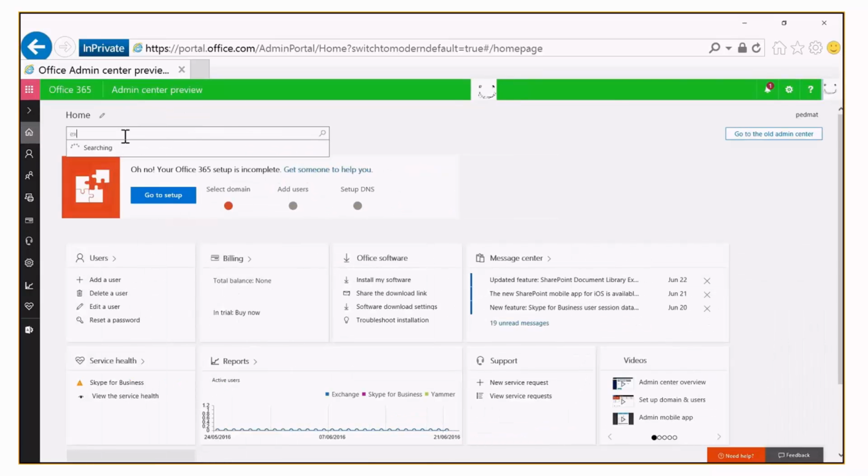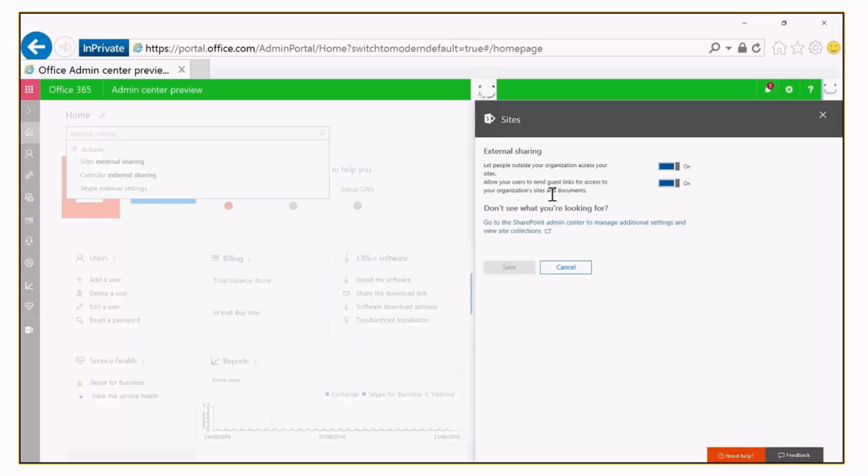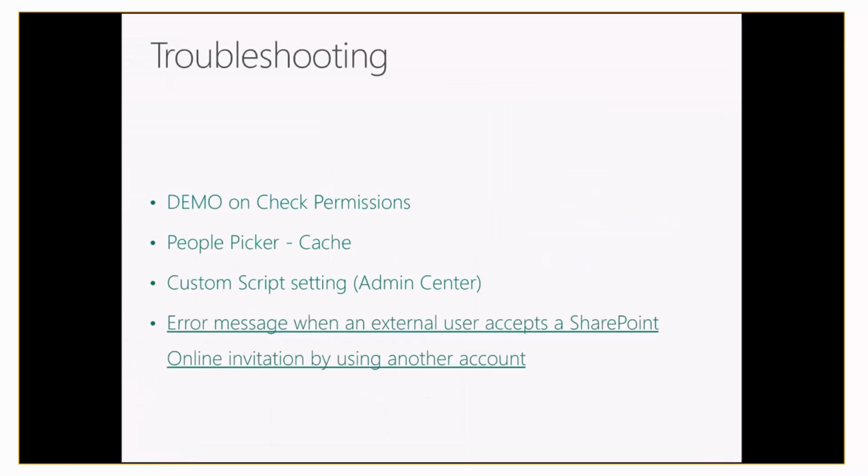But what I did was external sharing, and here on the new one you can check and change. Of course, in the old one you have the menu, and it's much easier to access it. Okay, more on the people picker. It's not really a permissions component, but what I wanted to provide here is